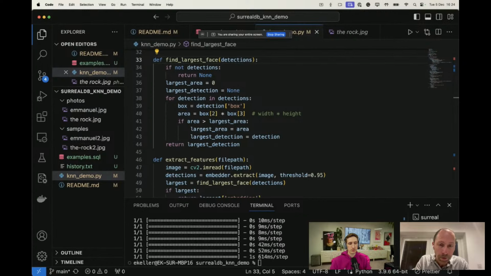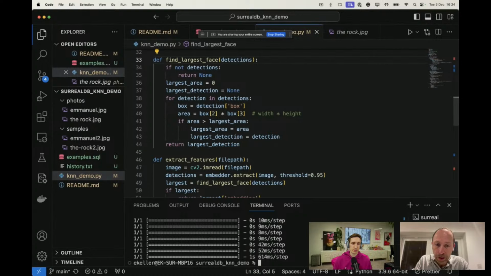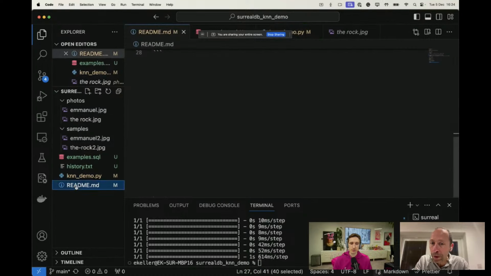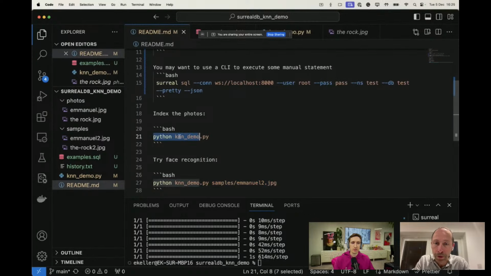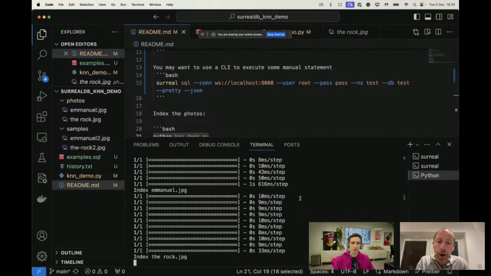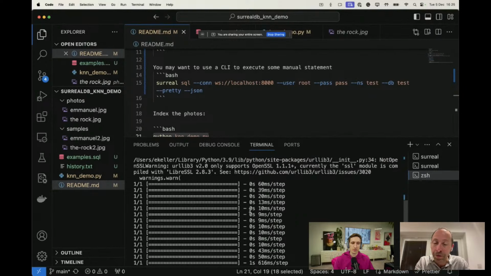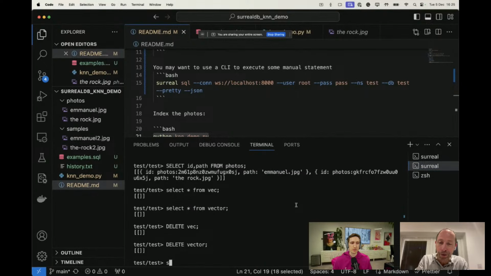Here we go. So I have this. To run this script is pretty simple. There is a README, and by the way, this script is visible. I will share the link after. So let's make the indexing. So indexing has been started. The main thing is that it's going to extract the information, the features, which is a vector, and it has now stored my vector. So one vector for Emmanuel JPEG and one vector for Rock JPEG. So if I go there, I can, by the way, see my photos.